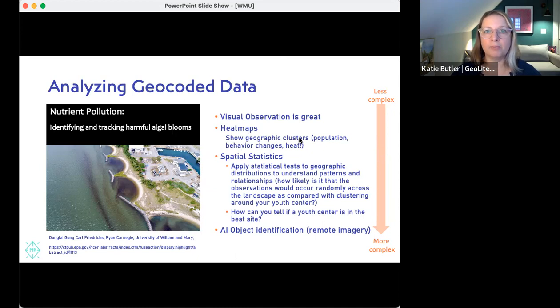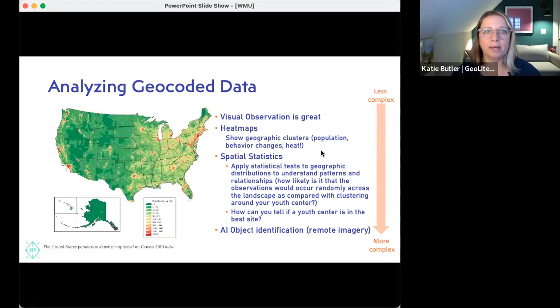We saw a heat map with little hot spots earlier. Here's another one that's for population from the 2010 census. When people map heat maps, they tend to map higher numbers as red and lower numbers as green. Think about people who might have color blindness or other visual impairment when you do that.